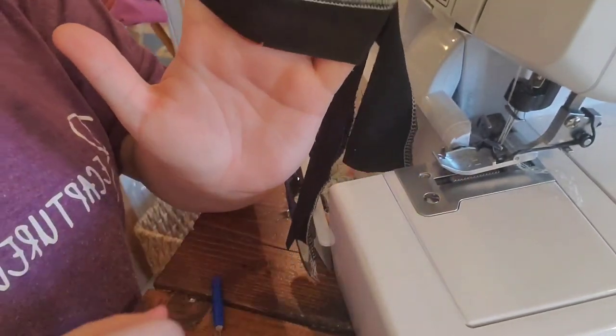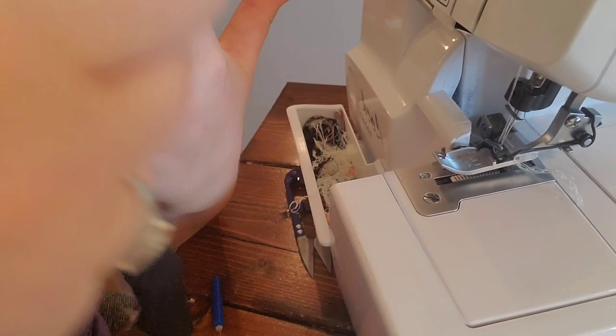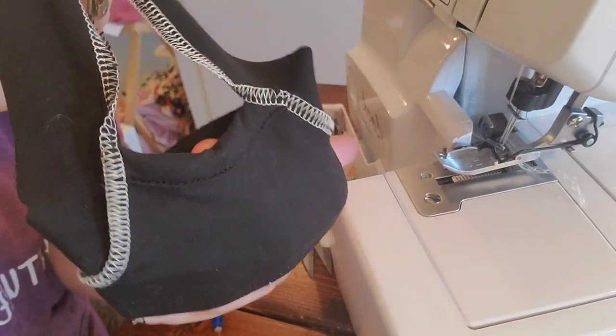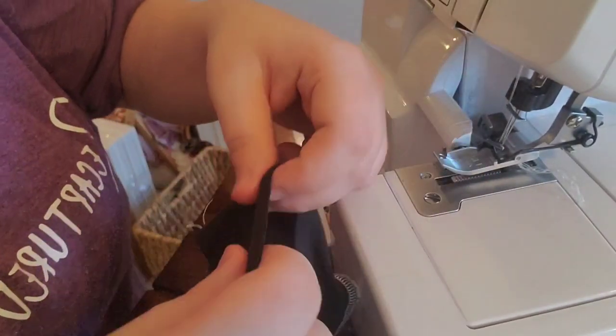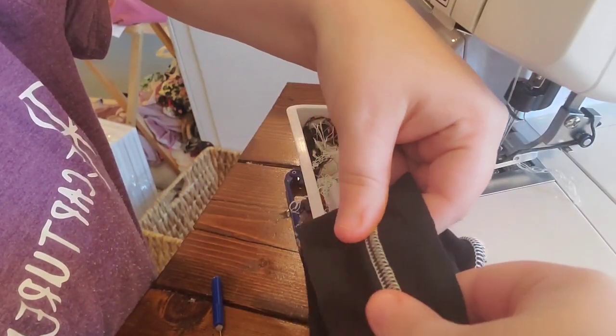This is the back of the bodice here. This is the seam allowance we just did, and here is the front of the bodice. And so that's what it looks like now that we've sewed the binding strip. And so now you're just gonna pin it again, pin everything with the binding strip down, seam allowance up, flipped up,